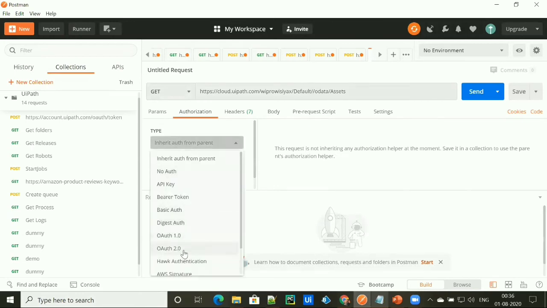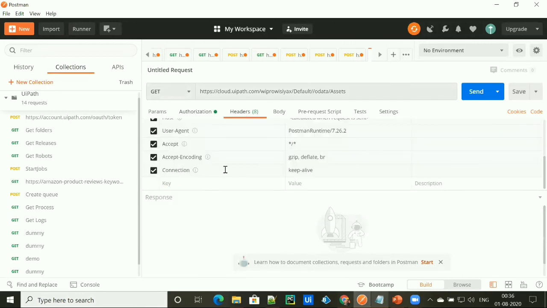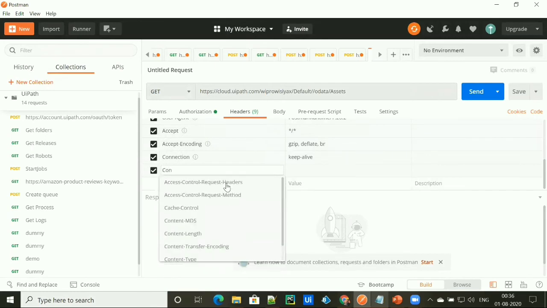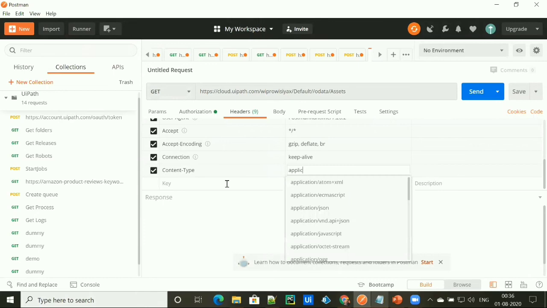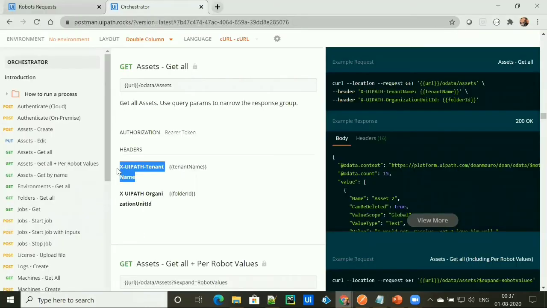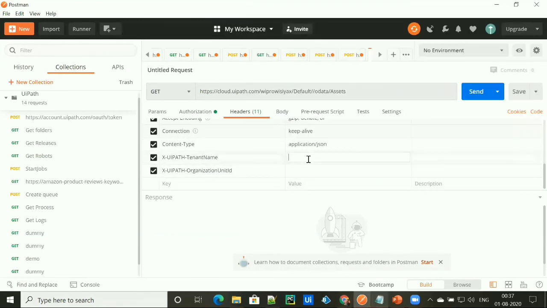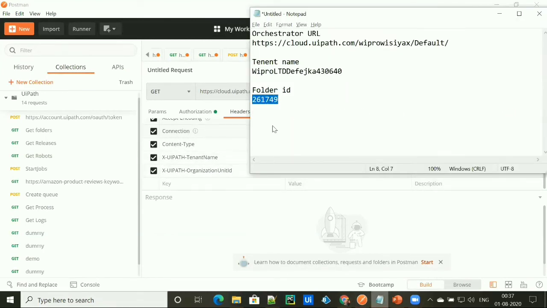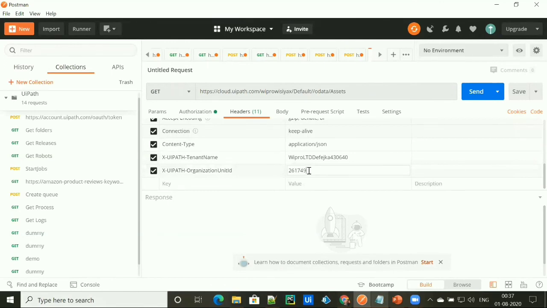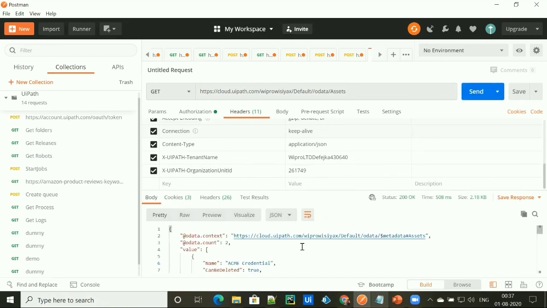Select authorization and header. So we have given the endpoint, we have provided authorization, we have provided the header. Let's click on the send button and get all the assets available.